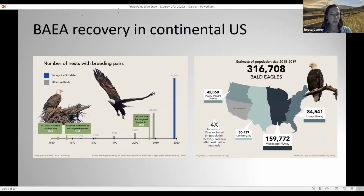So bald eagles were in a pretty bad place in the 1960s and 70s, along with lots of other raptors, primarily due to DDT. So we had our all-time low reached around that time. And then bald eagles were protected by the Bald and Golden Eagle Protection Act and the Endangered Species Act, and their